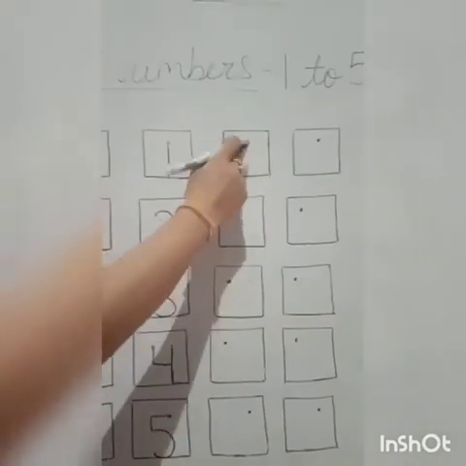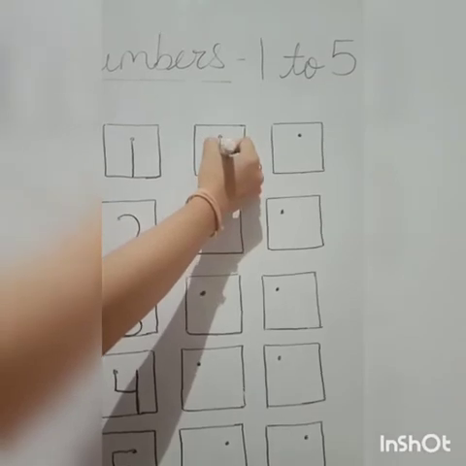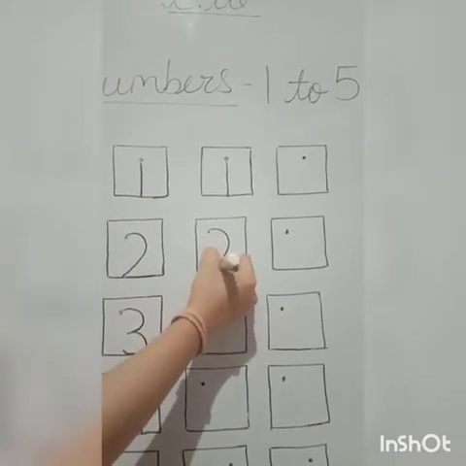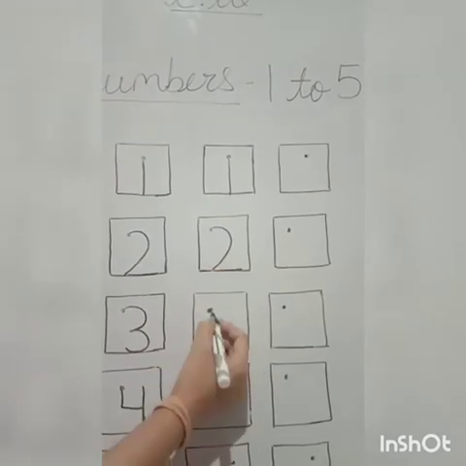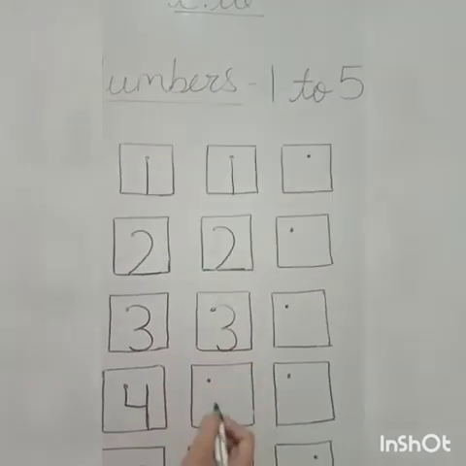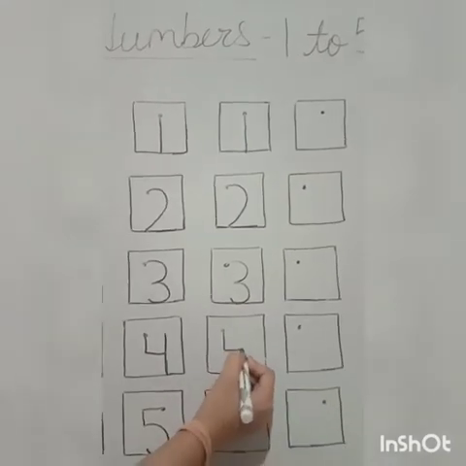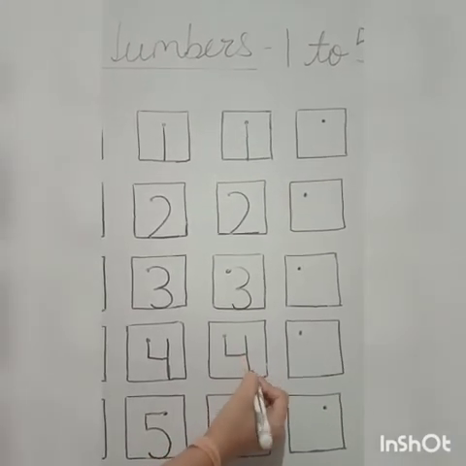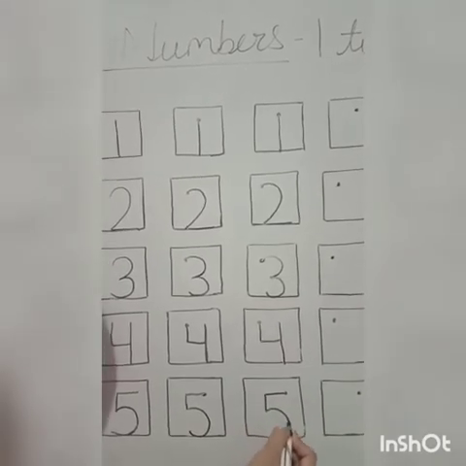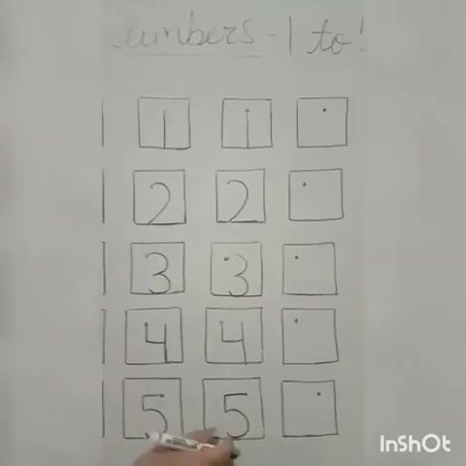Let's do that again. First we will draw a standing line down, curve, then we will draw a sleeping line. First we will draw a curve to the middle, then we will draw a curve to the bottom line. Standing line, sleeping line, standing line. Sleeping line, standing line, then we will draw a curve to the bottom line like this.